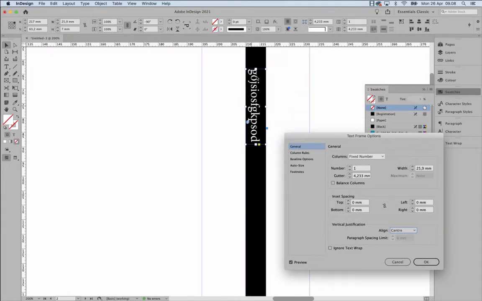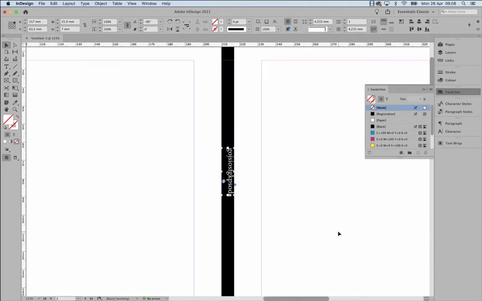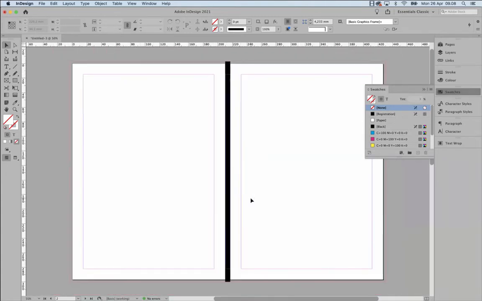So you see the exact center of this text box is the top of the O, the top of the S, the top of the G, and so on. That's what we call the X height. That will be exact center. But enough about that. That's just if you wanted to write text as well along the spine, then you know how to do so. If I'm supposed to export these 2 pages,